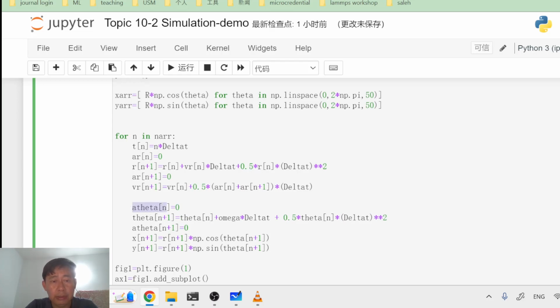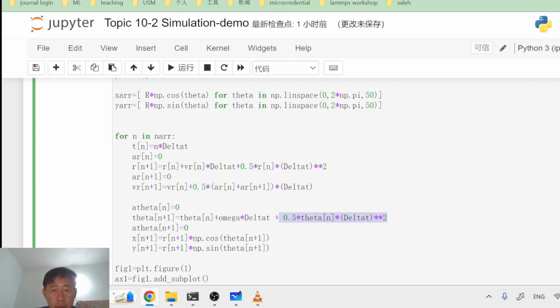So as I mentioned earlier, the acceleration of the angle, a theta, and the acceleration in r both are equal to 0 according to the equations of motion for uniform circular motion. So then the theta at the next step is just equal to this line of equation: theta at n plus 1 is the theta at n plus the theta dot times delta t. And then this is just the acceleration contribution, and the acceleration contribution just happens to be